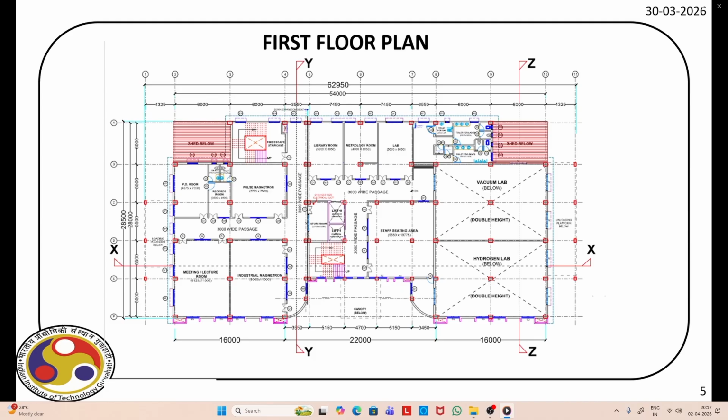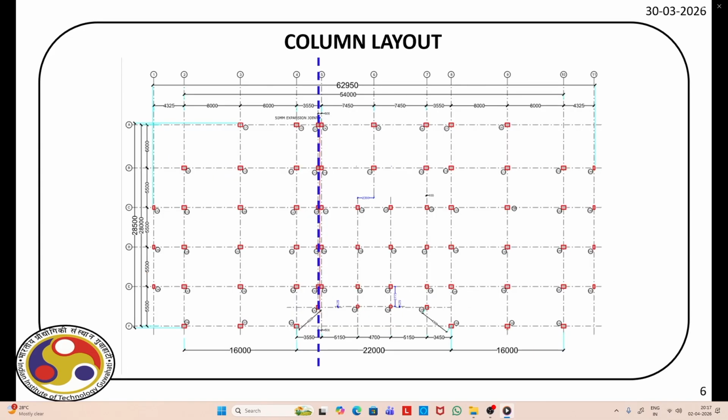Now, one thing you can notice, just beside this YY line along grid 5, and here you can see that blue dotted line that shows the location of an expansion joint, because in that direction the dimension of the building is 62.95 meter. So thermal stress may be high in that direction because of the dimension, and that's the reason in between there is an expansion joint which is sufficient enough to allow the movement. Now if you notice the column locations, you can easily sense that there are actually two different buildings with a gap in between marked by this blue dotted line.